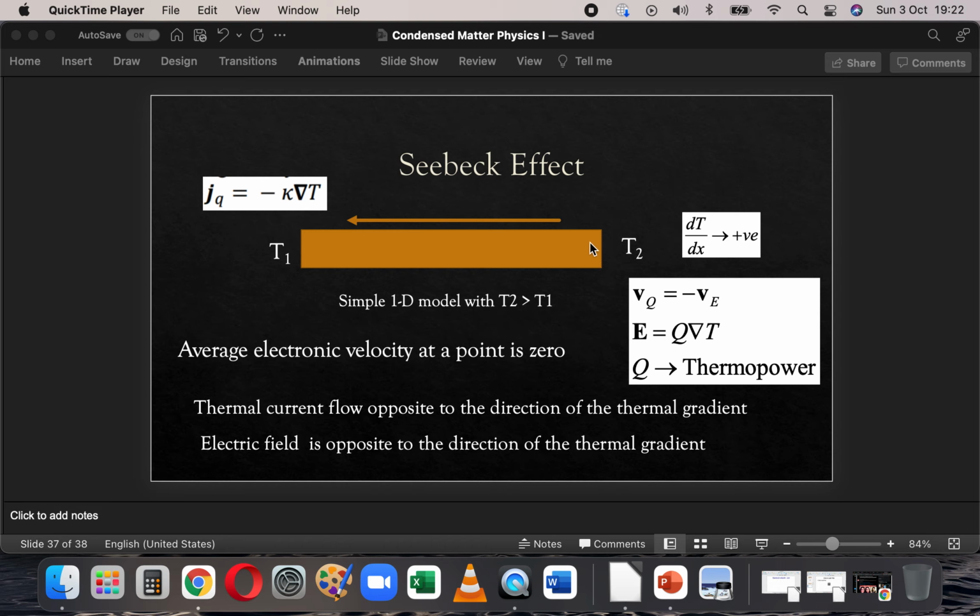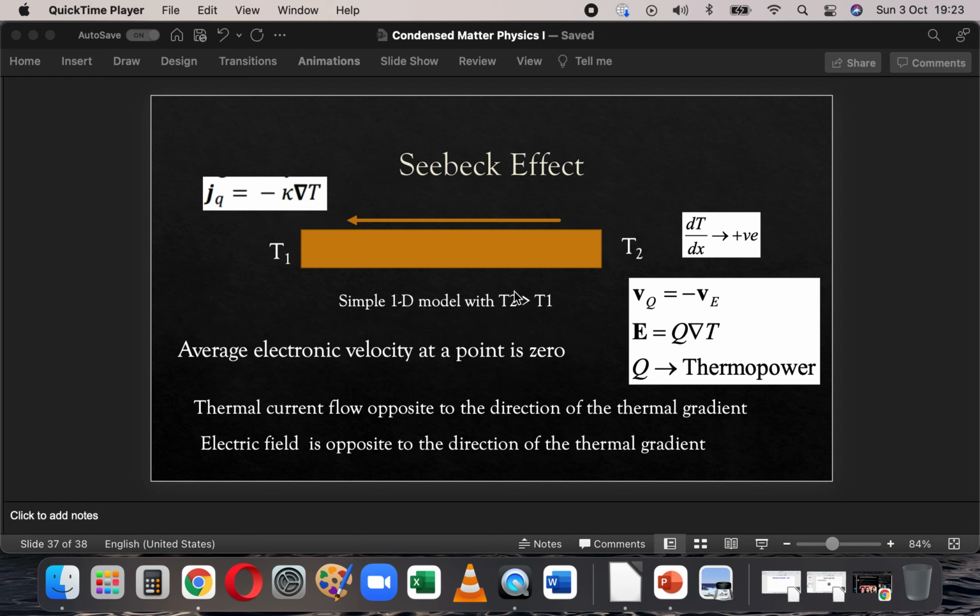you would expect more electrons to flow from the hotter end to the colder end. That does initially happen, and that results in a buildup of electrons on one side, at the colder end. But that buildup of electrons will prevent the further flow of charges from the hotter end to the colder end, and therefore you will have a slightly higher concentration of electrons in the colder end than in the hotter end, and you will be able to actually measure an electric field or a voltage from the hot end to the cold end, because of